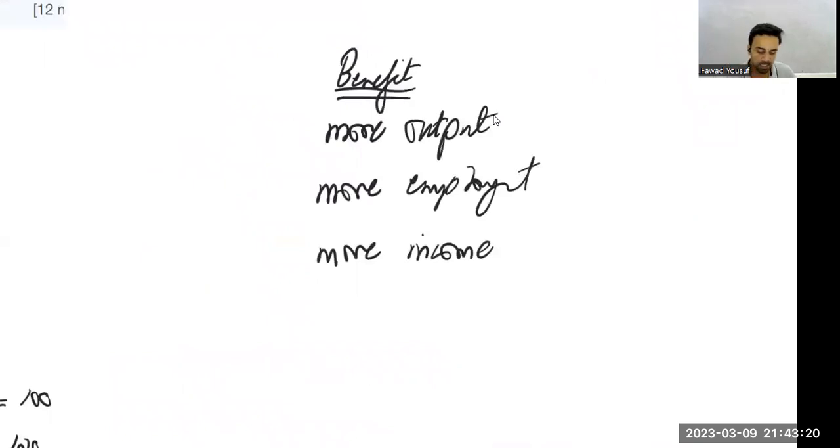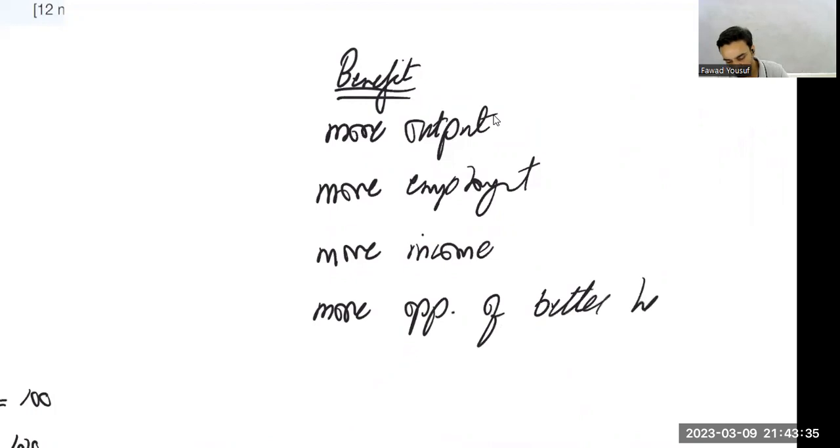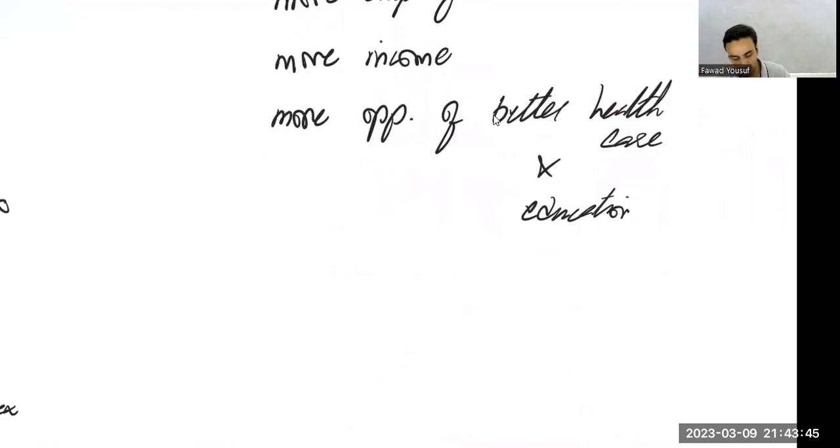Other things, as far as economic growth goes up, other than these things, you can talk about how there could be more opportunities of better healthcare and education. We'll assume that because of economic growth, this is what's going to happen. And what else can happen? Well, there can be more economic development, because the more output being produced, economic development can take place,